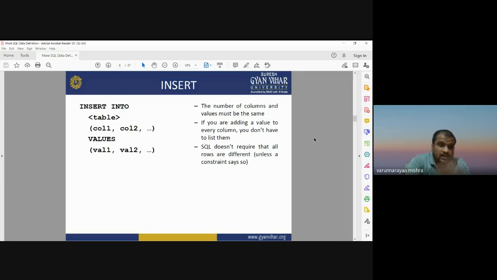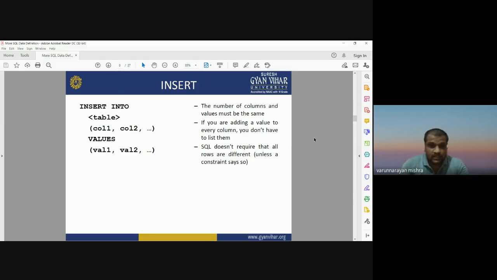Then you define the column where you want to insert that value, whether column 1, column 2, column 3, or column 4, depending on your requirement. Then you define the values. Suppose you want to add value 10, then you define values in the brackets as 10. If you want to add 20, 30, 40, you add those.